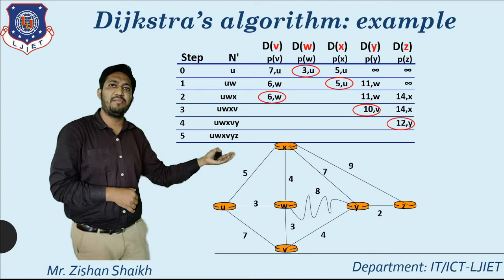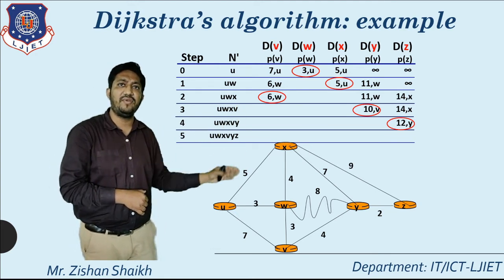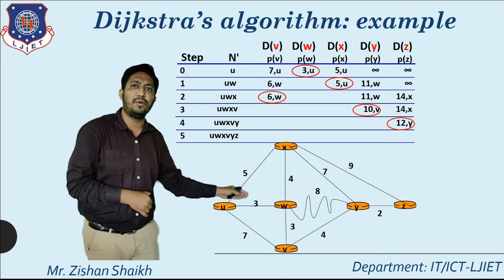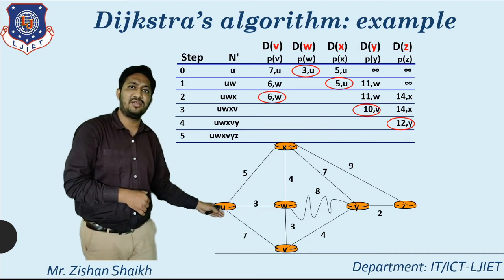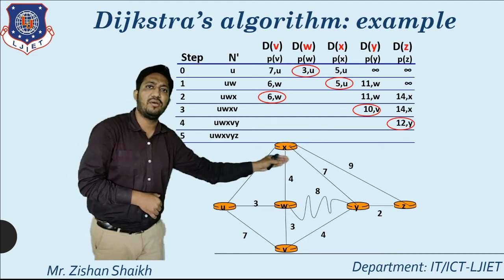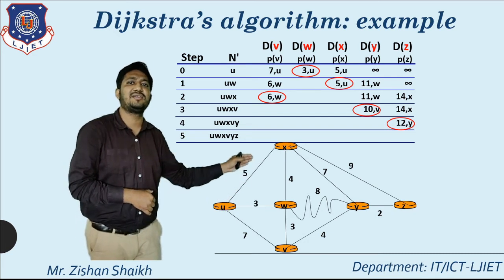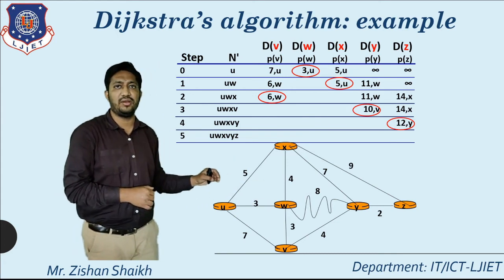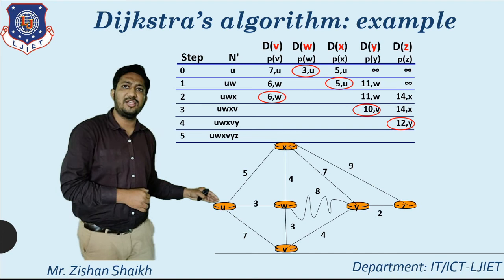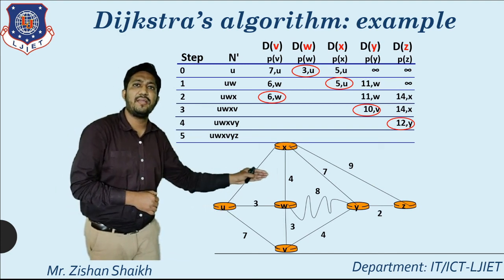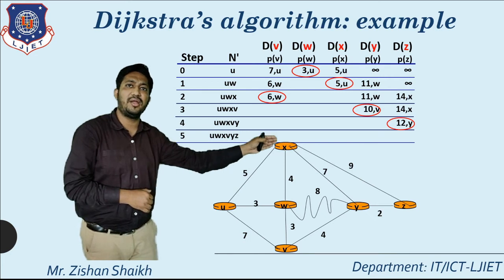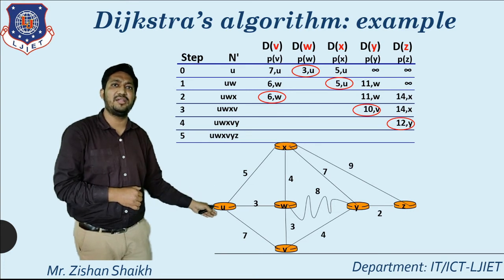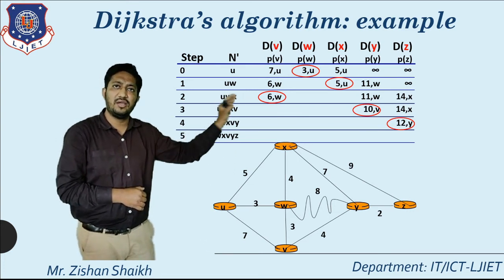Now for the finding minimal cost for our Y and Z, we are calculating the data. So for that we are choosing the particular path, that is U to W, that is 3, W to X, that is 3, and from that we can reach to the Y. So that is 3 plus 4, that is 10. But if we are checking the previous value, that is 3 plus 8, it is 11. So we can maintain the here path, that is U, W, X and Y. That is the minimum case to reach the particular data item Y. So we are maintaining a 10 data item here, and for 14 we are not directly reaching that, so we are maintaining the previous value, that is 14.